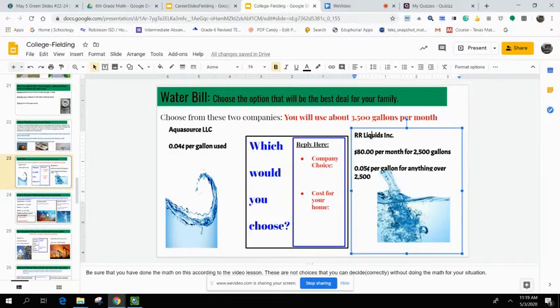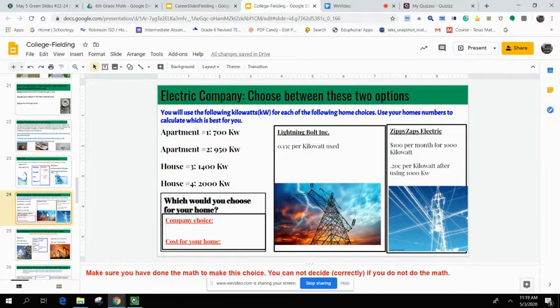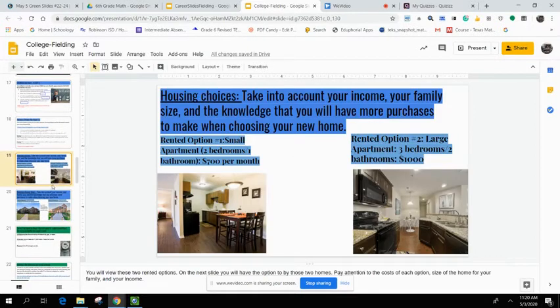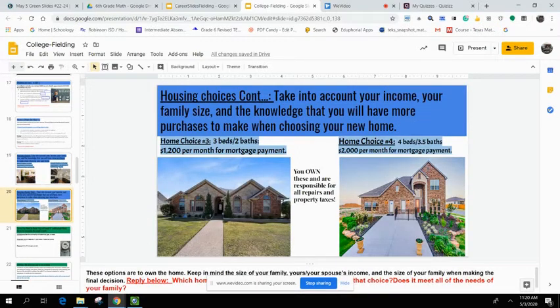Then the next bill that you're going to have that you need to come up with is your electric. Again, there are two options. You have Lightning Bolt Incorporated and you have Zippy Zatz Electric. Also, this depends on what type of place you decided to live. Now remember, last week we had these two slides here. You had to decide, according to how many people were in your family, which choice would be best for you. And so you're going to use whichever choice you chose to help you answer